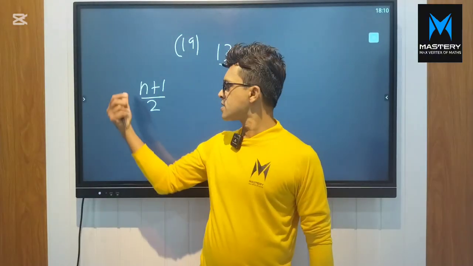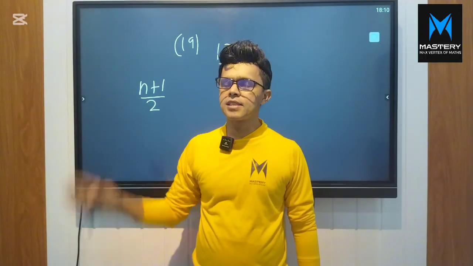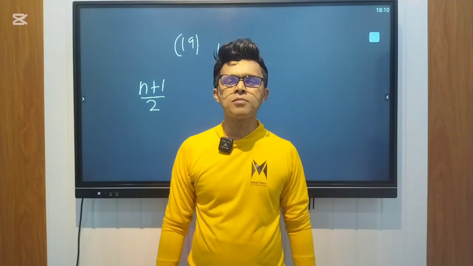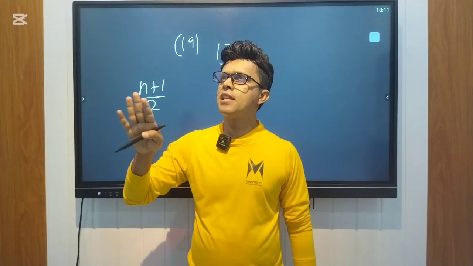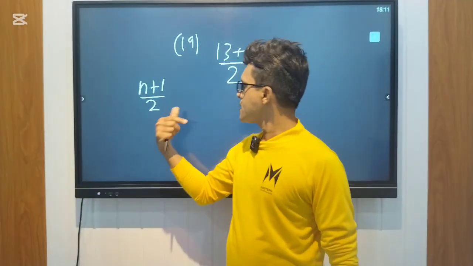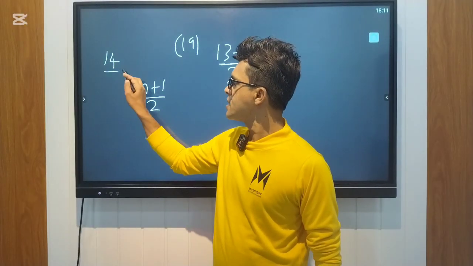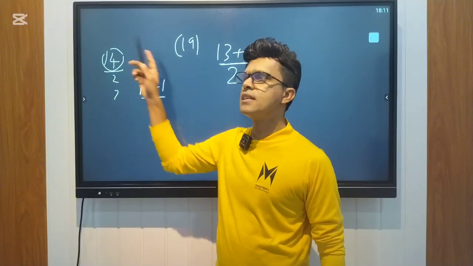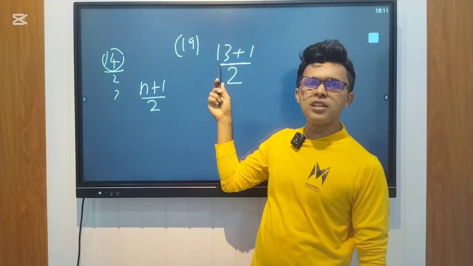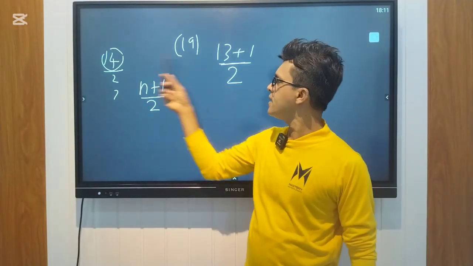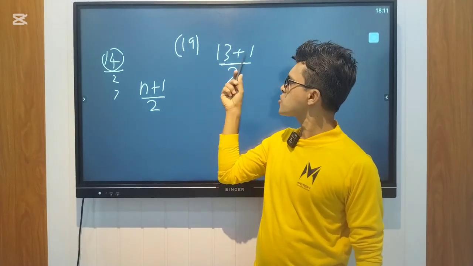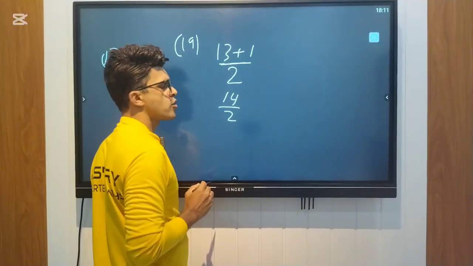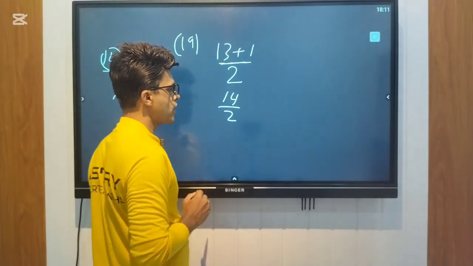N plus 1 over 2. N is the number of terms of that progression. It says in the question that the seventh term is the median of that distribution. Then in the numerator, it should be 14 over 2. In order to get 14 here, this value should be 13. Then 13 plus 1 over 2, 13 plus 1 is 14, 14 over 2 is